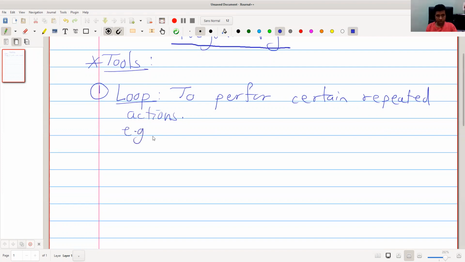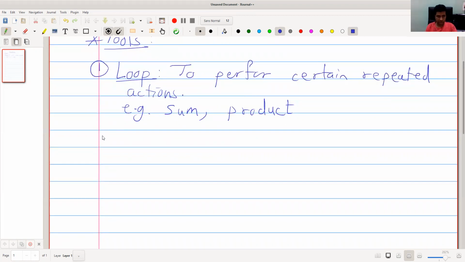For example, we have sum and product. In mathematics, these are examples of such loops. We will explain in details.